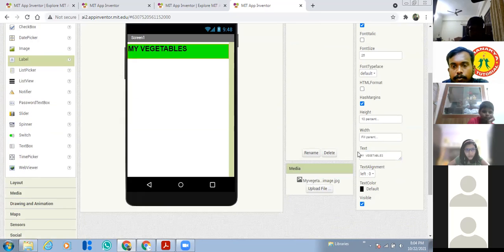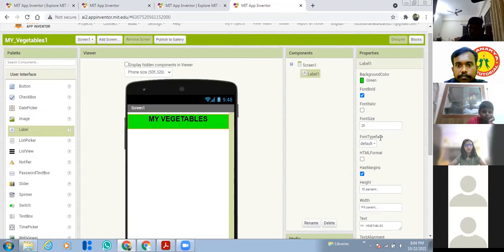Okay, and I want the text to be in center, so click text alignment and make it as center. That's it. Okay, so now it will look like this. If you want to increase the font size more, you can increase, maybe 30 means it will be shown like this. Okay, so once again I'm repeating, in the palette you can take this label, take it and paste it